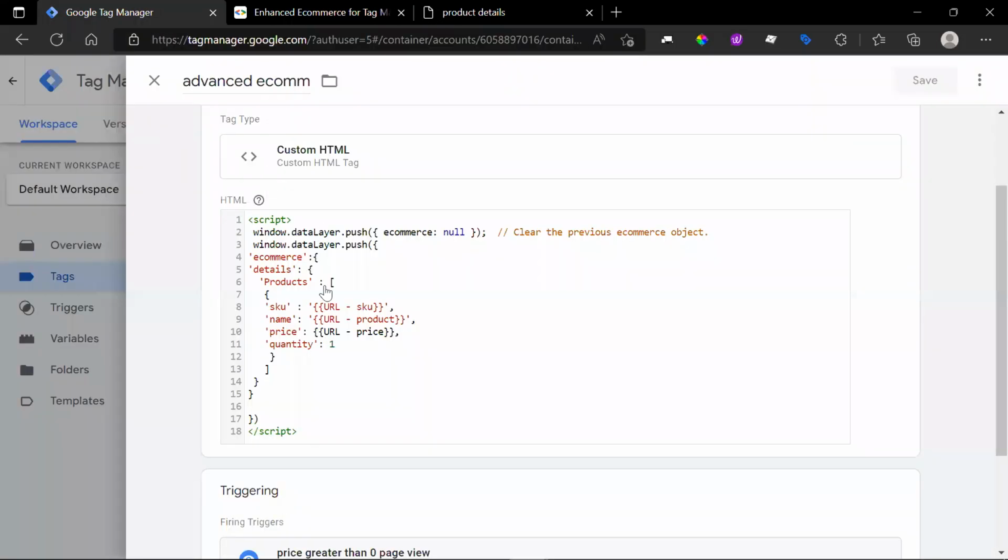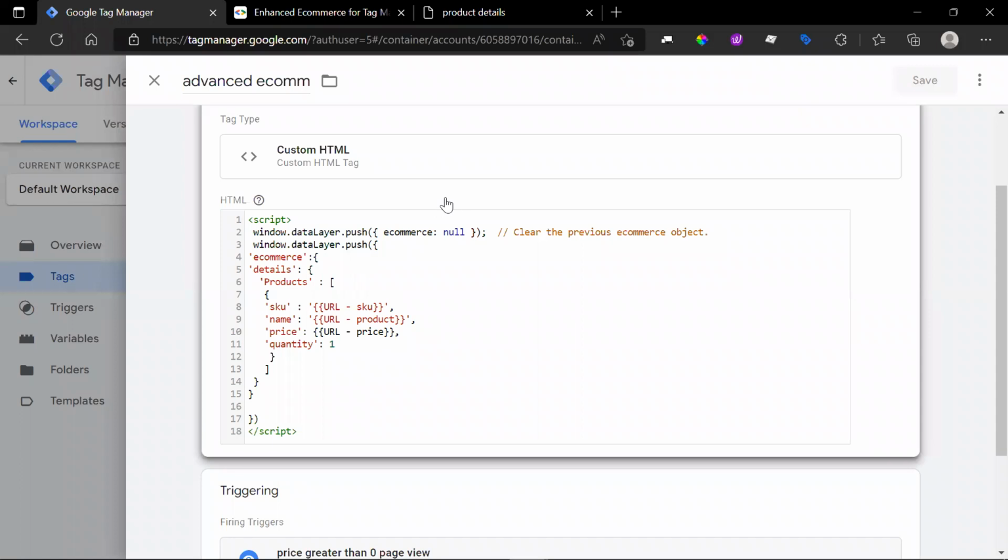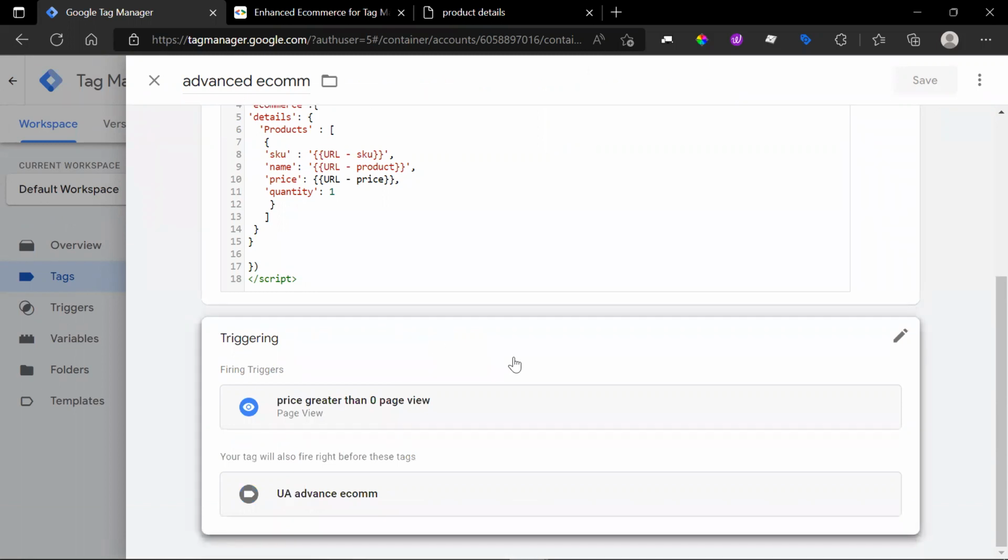So in Google Tag Manager, I have translated all the parameters of the URL into these variables, and I have inserted this script. For demonstration purposes, I am pushing the data layer manually with these. And for creating a trigger for the same, what I have done is